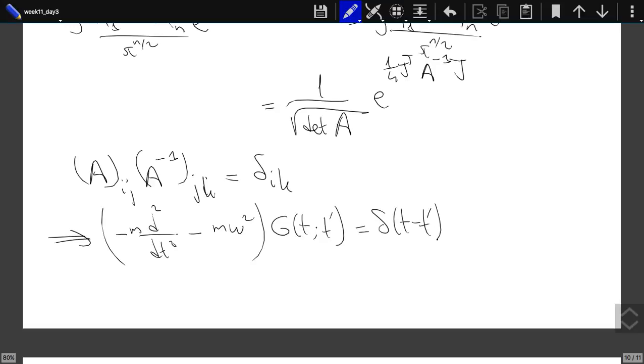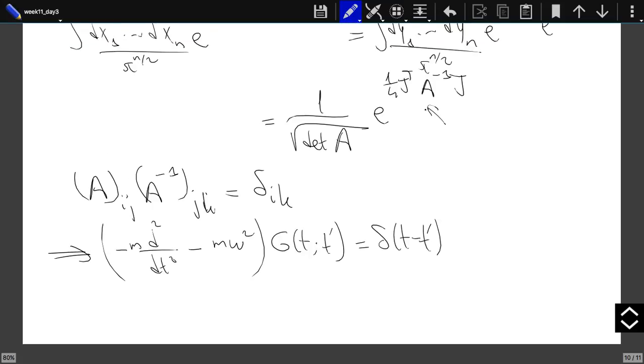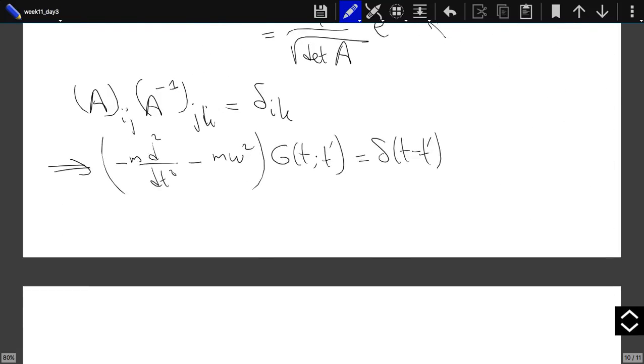It's nothing but our Green's function. So in principle, you can obtain your Green's function and just use it over here. And once you know your A inverse,